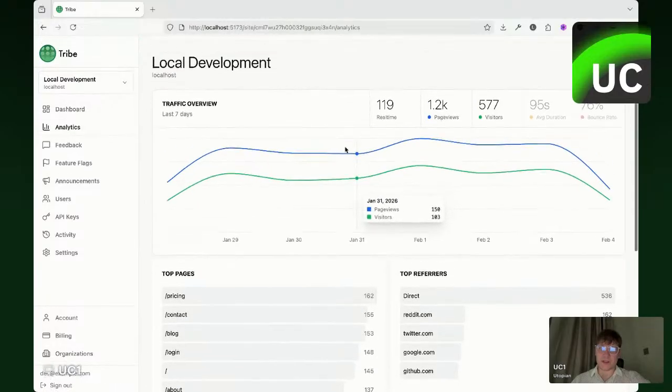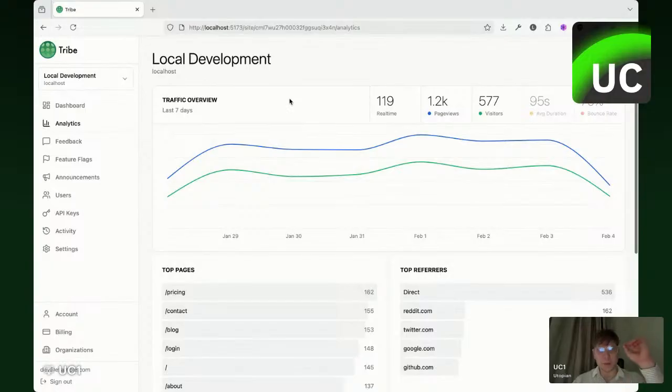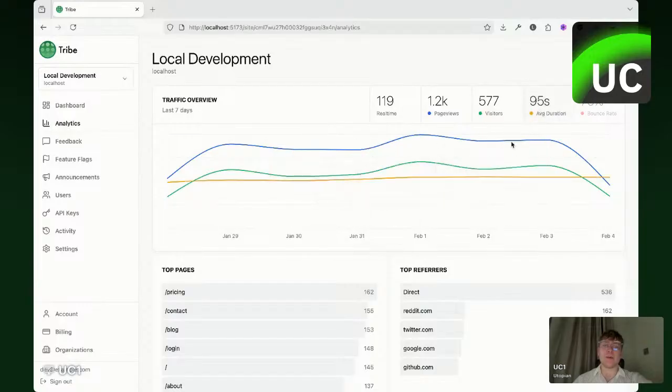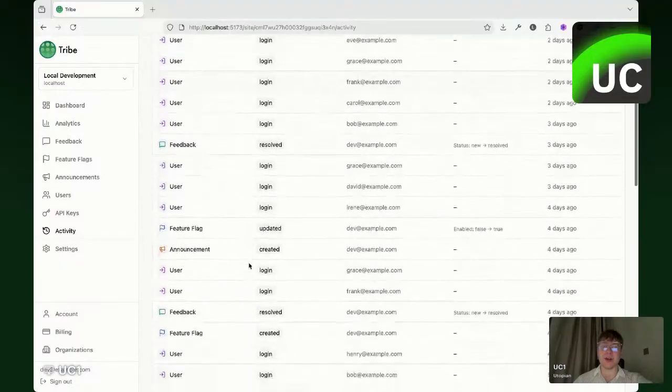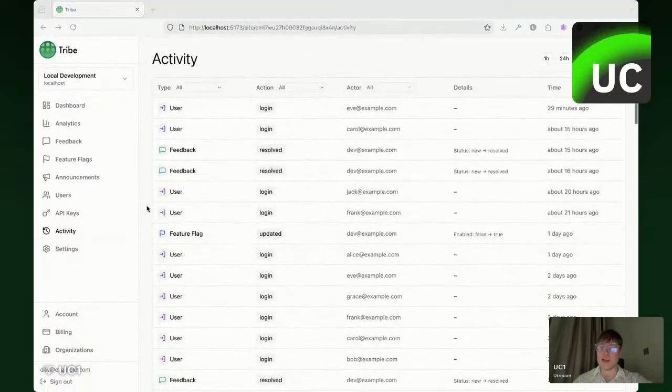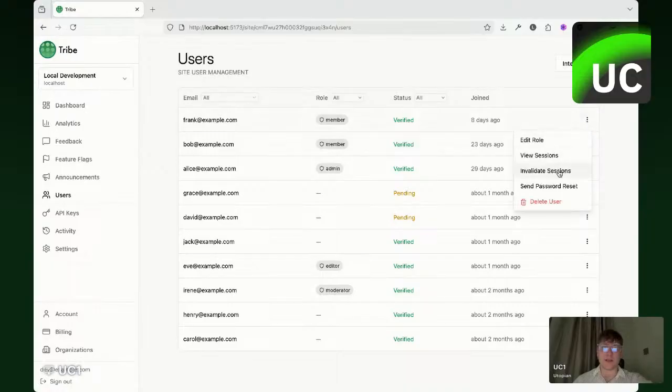the thing is people pay for analytics alone, right? They pay for analytics and they put a little analytics script into their app and bam, right? They pay, I don't know, 10 euros for that. I do that with many apps, right? But now you can not only get analytics for your app, but you can also get all these other things that are cool. You can see a complete activity log of user management, and you can see the sessions